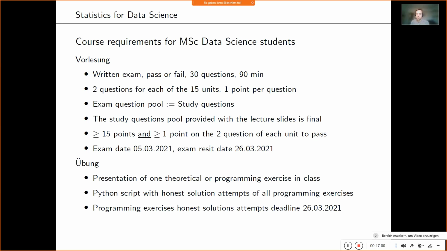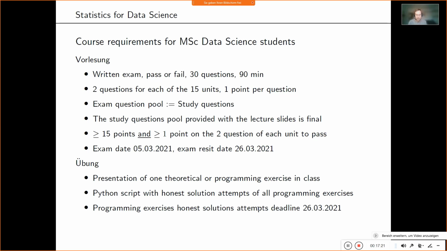You can also choose not to take the exam on the 5th of March and just be confident that you will pass on the 26th of March. You can do that. It's a gamble because no other dates will be offered for that in this academic year. So I really recommend to take it on the 5th.